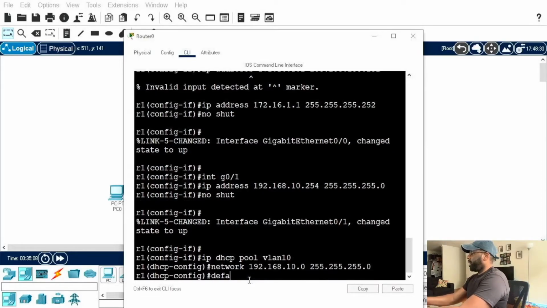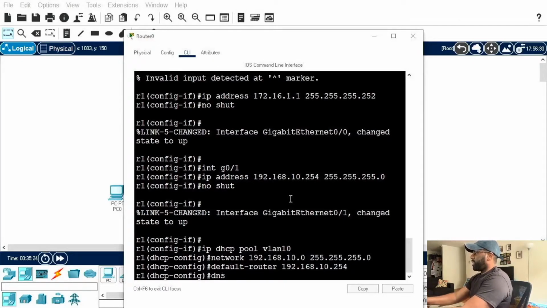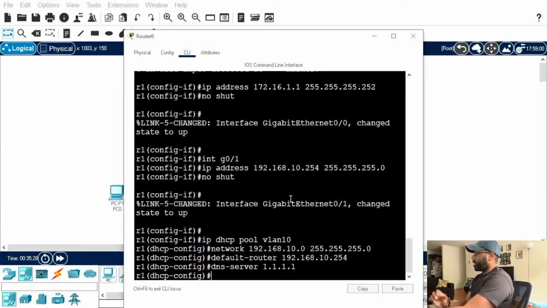Now, if you want to be fancy with your DHCP, or not even fancy, but if you're really in the weeds of DHCP configuration, what you might want to do is, and then we're going to set a DNS server. Use, I think this is Cloudflare. You can set ranges where the DHCP doesn't give out IP addresses, and that command is IP DHCP excluded address,